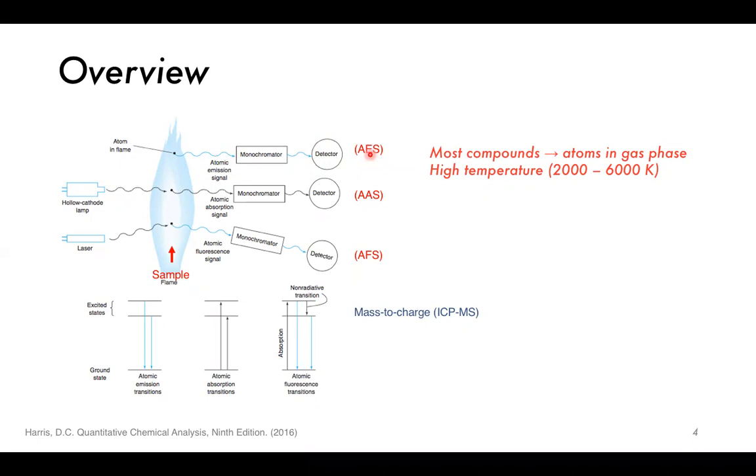Then if we want to deal with absorption measurements, of course, we need to be producing light of a particular wavelength. So we would use hollow cathode lamps in that case. We've come across them in previous lectures, but we didn't really dwell on them very much. In the next lecture, we're going to be dealing with them in considerably more detail. Basically, what they do is they produce light of a specific wavelength, which is specific exactly to the analyte element